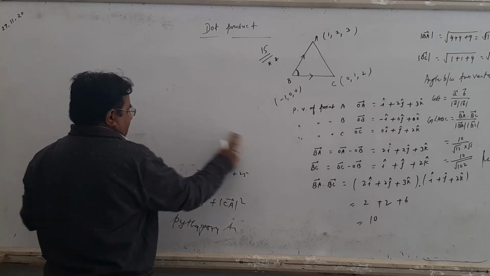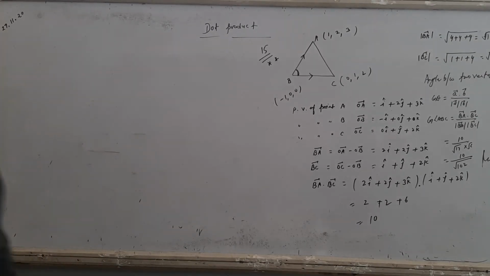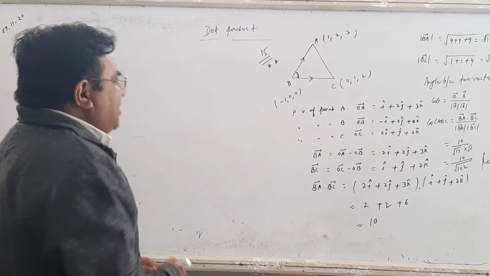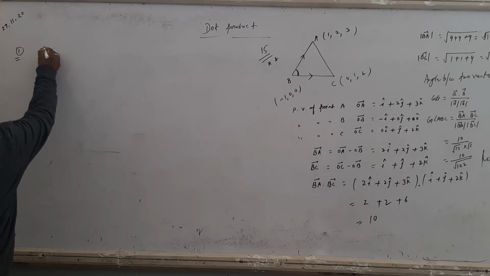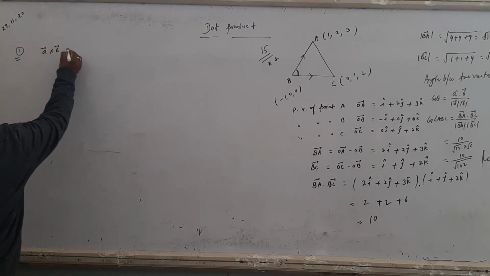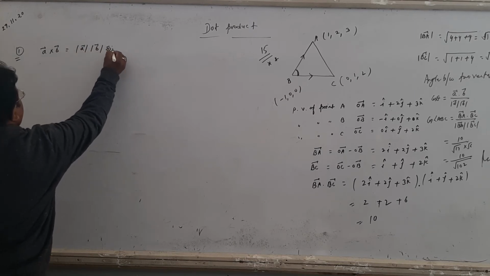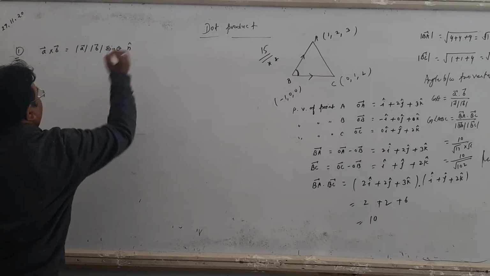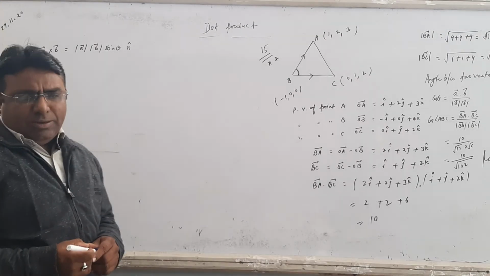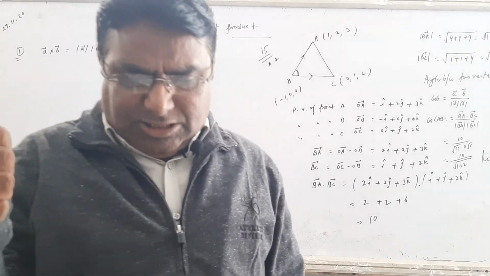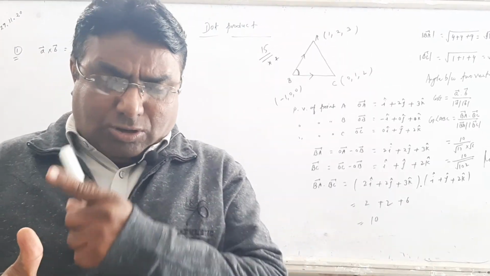Same for cross product, whose other name is vector product. Cross product or vector product of two vectors is denoted by A cross B, and this is the first formula of cross product A cross B. You know student, A cross B is magnitude of A, magnitude of B, with sin theta instead of cos. But where n cap, you know student, n cap is a unit vector. In cross product this is the direction, right, this is the thumb. Here one denotes the x axis, one denotes the y axis, one denotes the z axis.